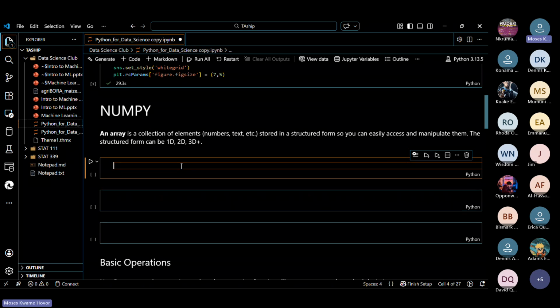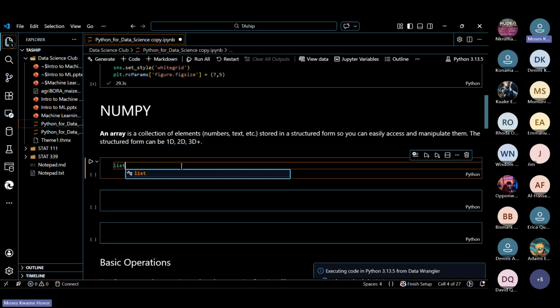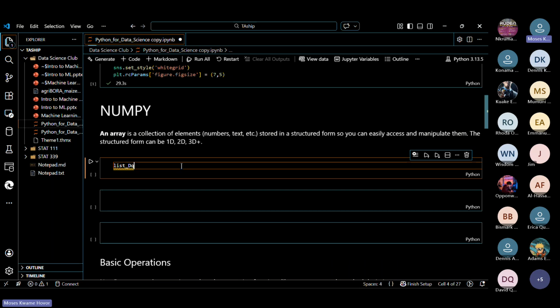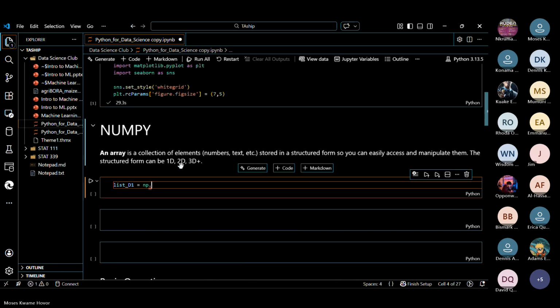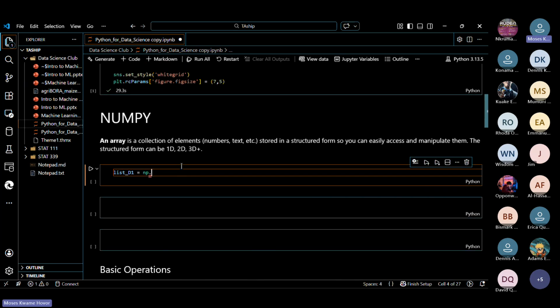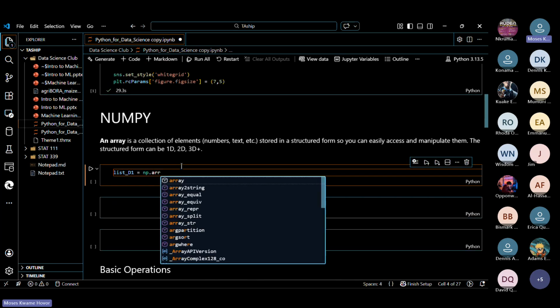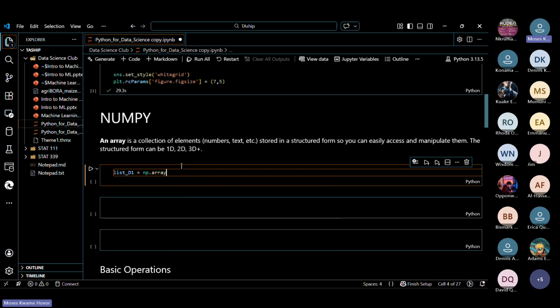All right, so I'm going to first create a one-dimensional NumPy array. So let's say I'm going to call it list d1, where I'm going to call the library np, and call array.